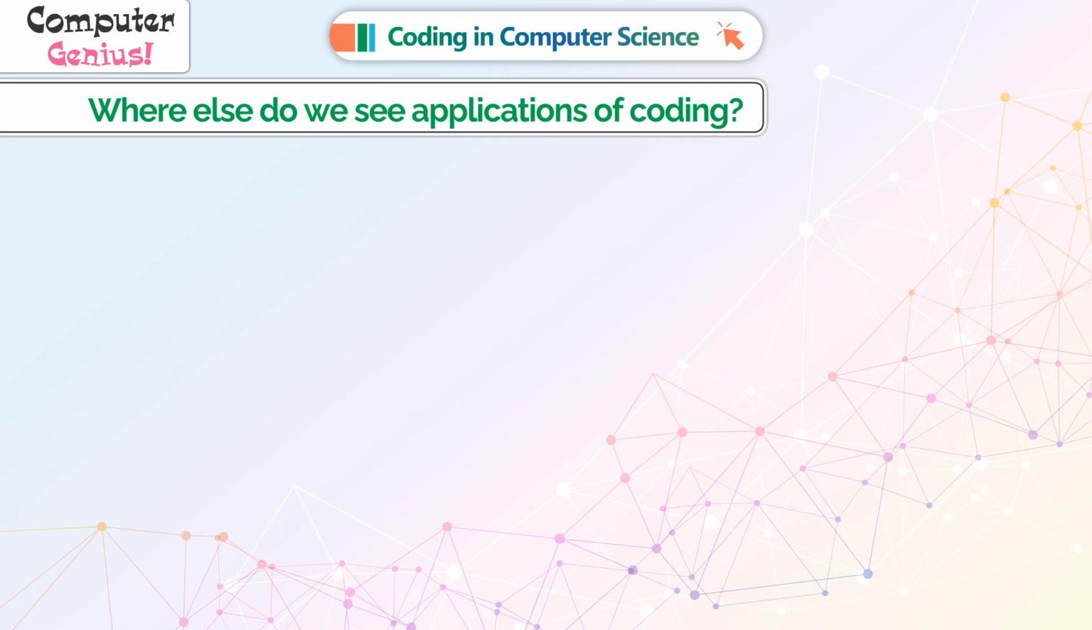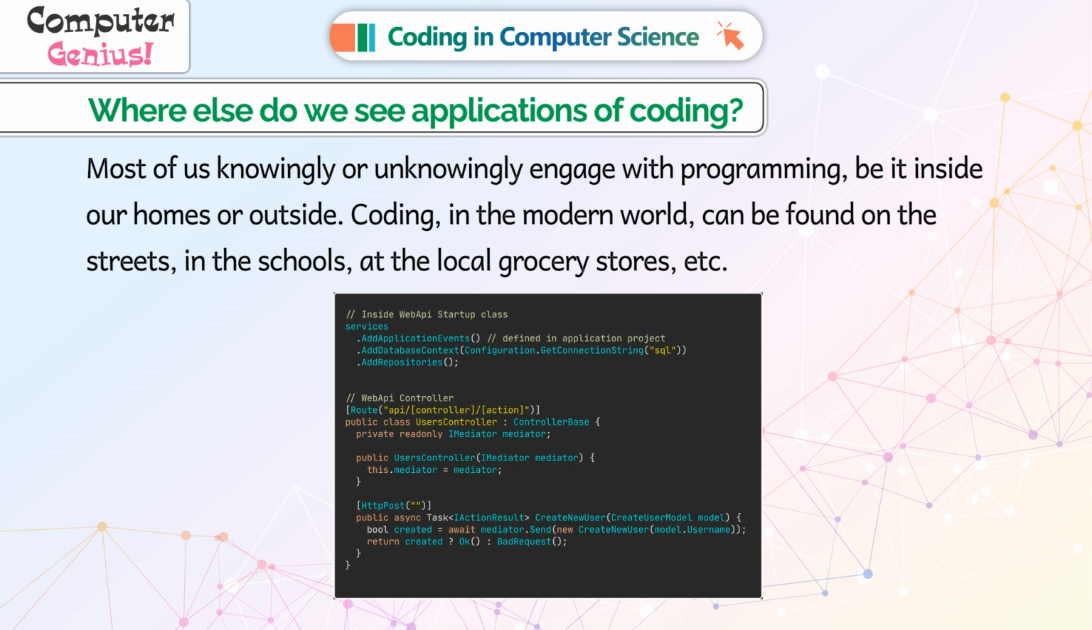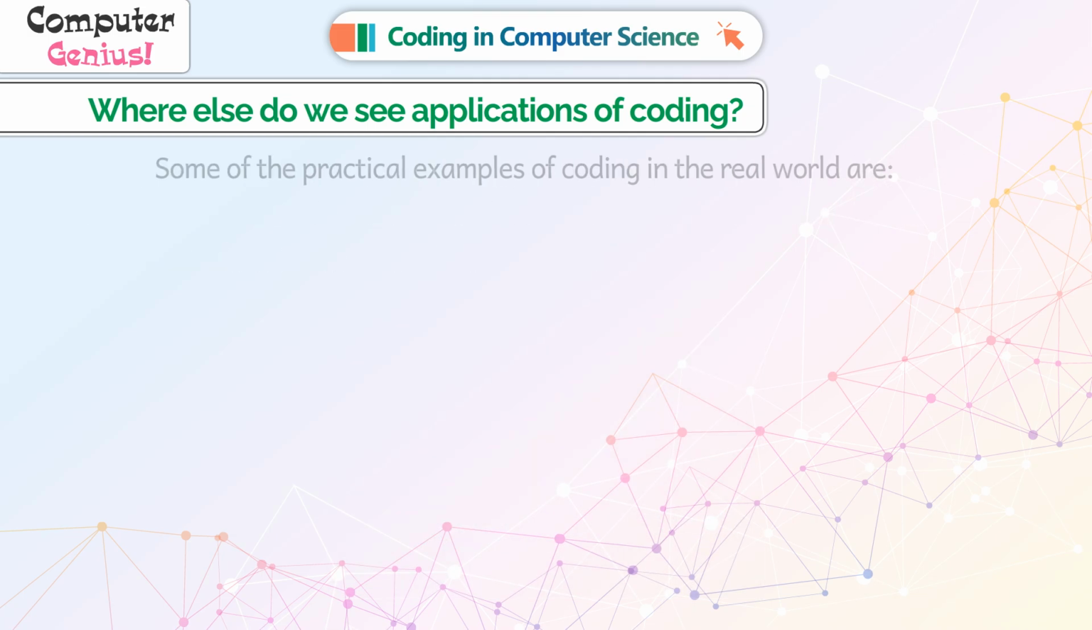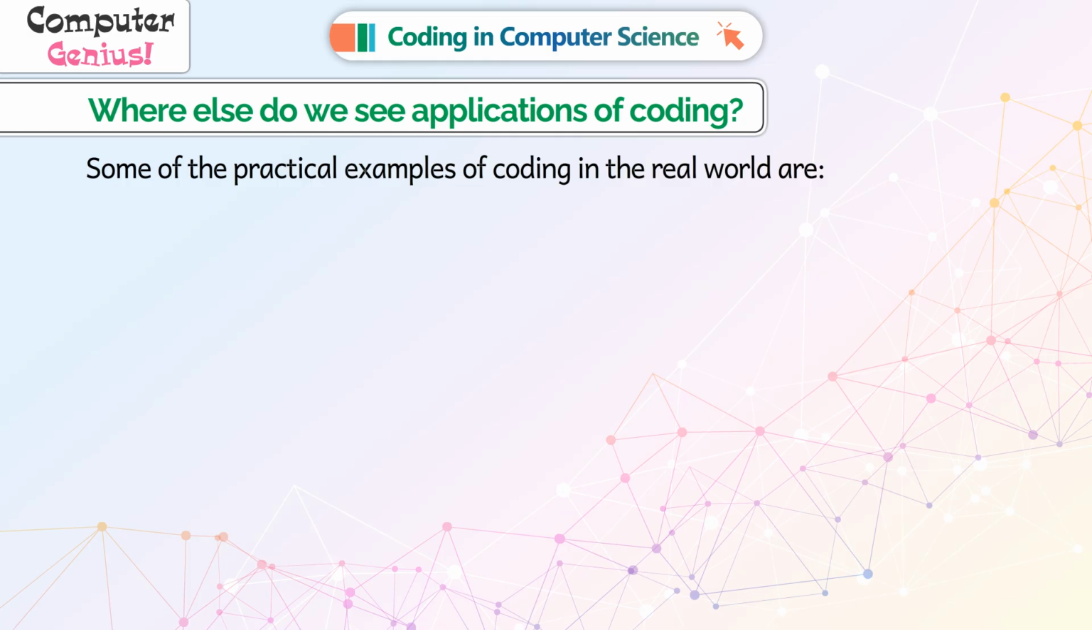Where else do we see applications of coding? Most of us knowingly or unknowingly engage with programming, be it inside our homes or outside. Coding in the modern world can be found on the streets, in the schools, at the local grocery stores, etc. Some of the practical examples of coding in the real world are